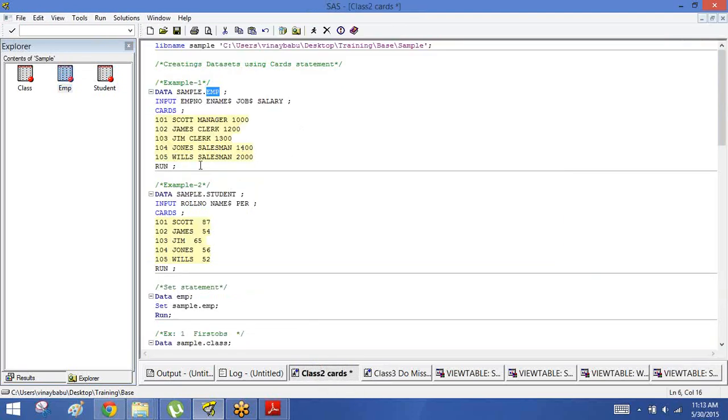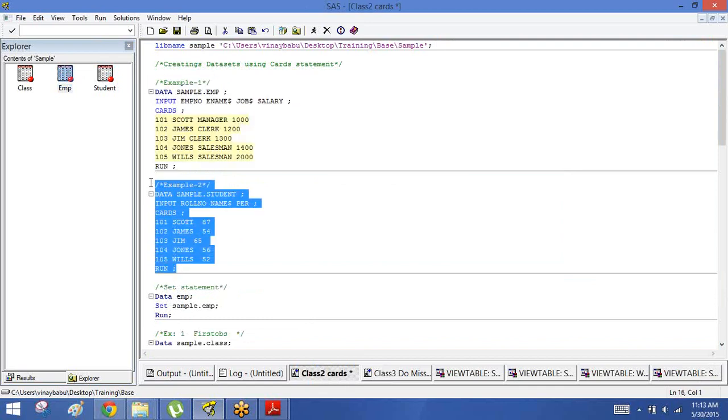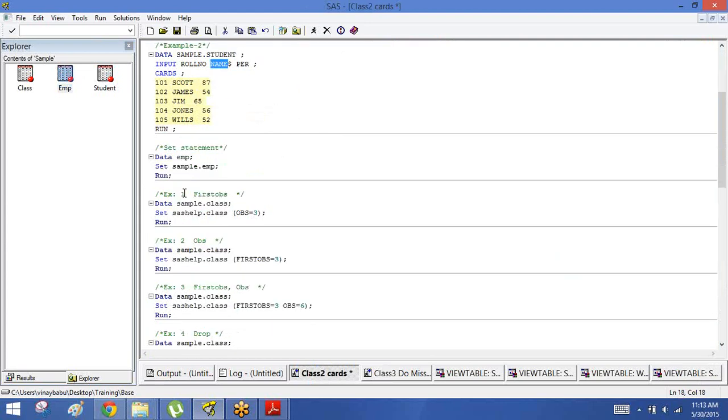That is what we did initially, and after that similarly we created one more dataset called sample student. It contains 3 variables. 2 of them are numeric, one is character. Name is a character variable, and these are the values for those variables. So in the next statement, what we are doing is